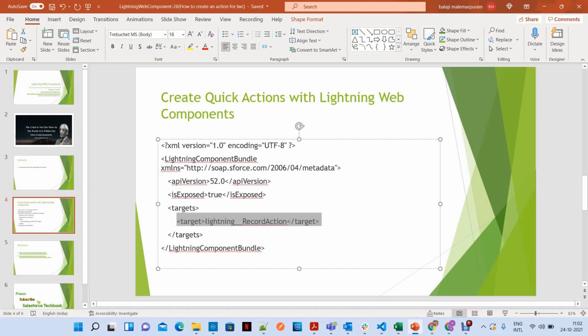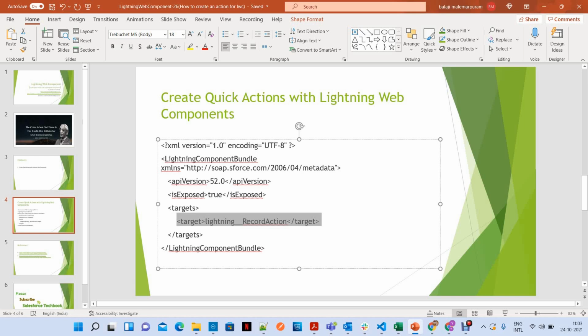Like that, in a Lightning web component, whenever you want to expose it to different targets like app page, record page, home page or community page, whatever it may be, you have to define the targets in the meta file.